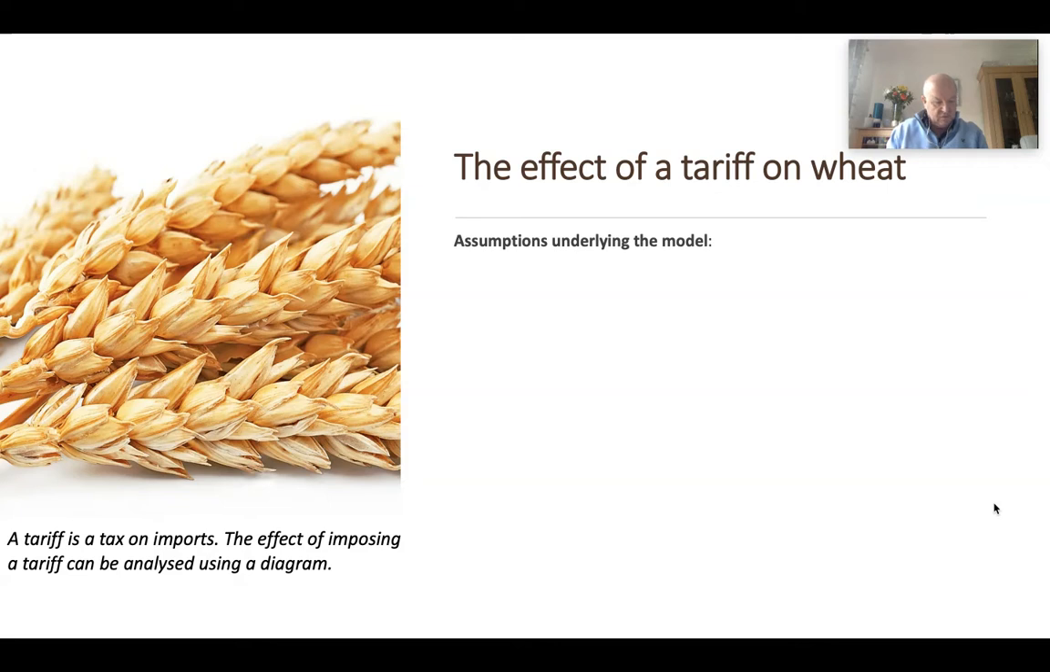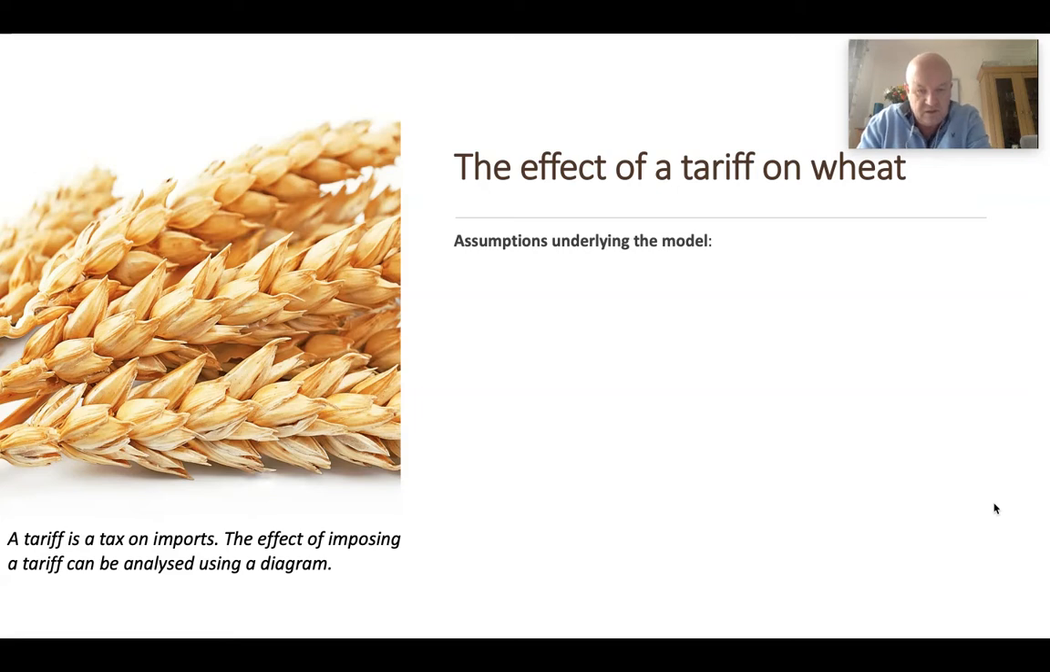Okay, the first type of protectionist measure that an economy might choose to use. So basically a tariff is a tax on imports, and the effect of imposing a tariff can be analysed using a diagram that we'll look at shortly, and this is one that you will need to understand and appreciate. Now there are a number of assumptions that underlie any of these models, particularly as far as tariffs are